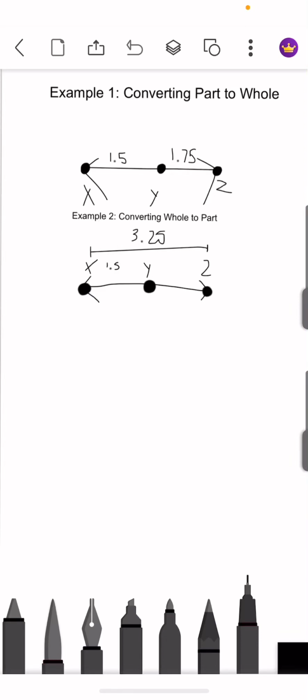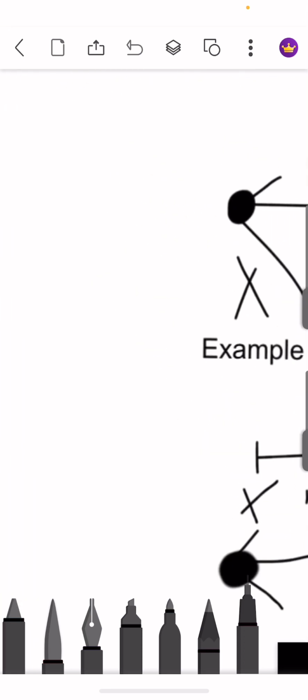Okay, so if you're doing segments in geometry, I have a tip. The first example is that you convert a part into a whole, like in the half segment in between the two letters. For example, it is XY, which is 1.5, and then YZ, which is 1.75. So if you add these segments together,